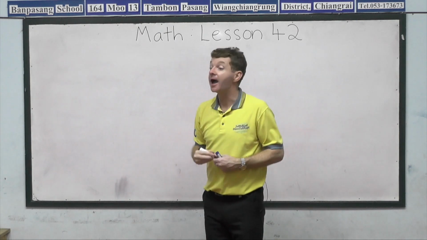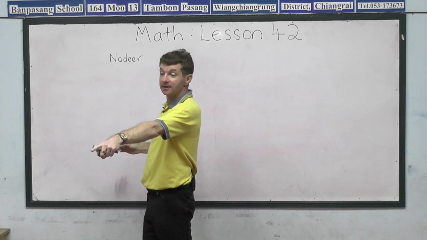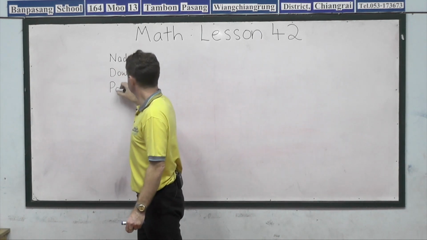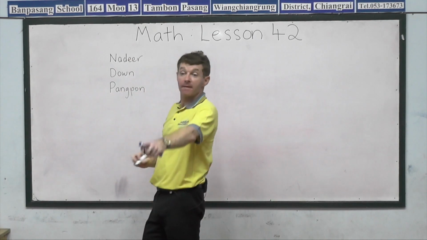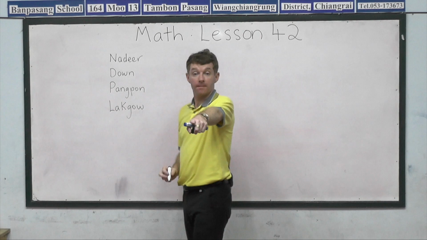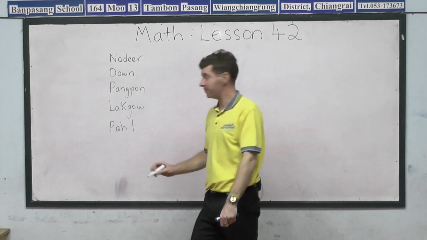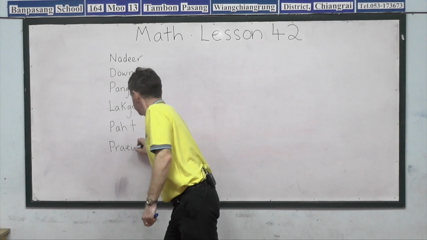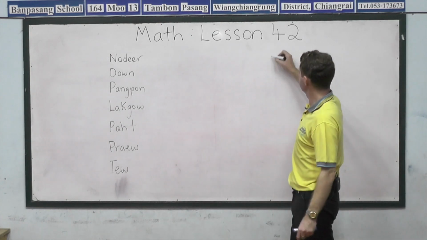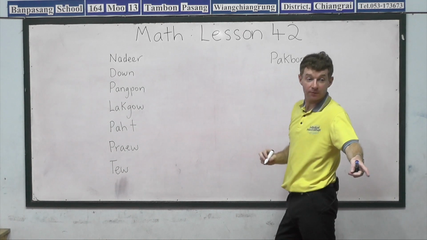We have Nadia, Down, Pangpon, Lakgao, Pet, Prel, Chiu, Pakbung, and then lastly we have